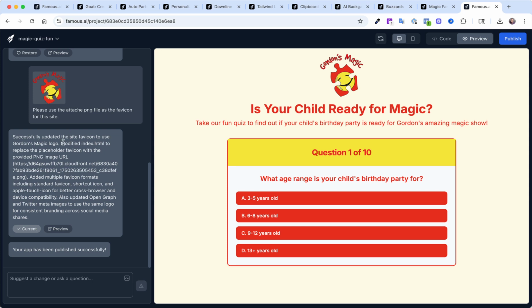Upload it, and within a few seconds, Famous will come back and say it's uploaded the favicon to use, in this case, Gordon's Magic logo. So it's actually looked at the image to see what it was, and it's realized that it's the Gordon's Magic logo. It's modified the index.html to replace the placeholder favicon, which is the rocket, with the icon that it's uploaded to CloudFront. Okay, and then it's added multiple favicon formats so that it works with mobile, Android, Chrome,